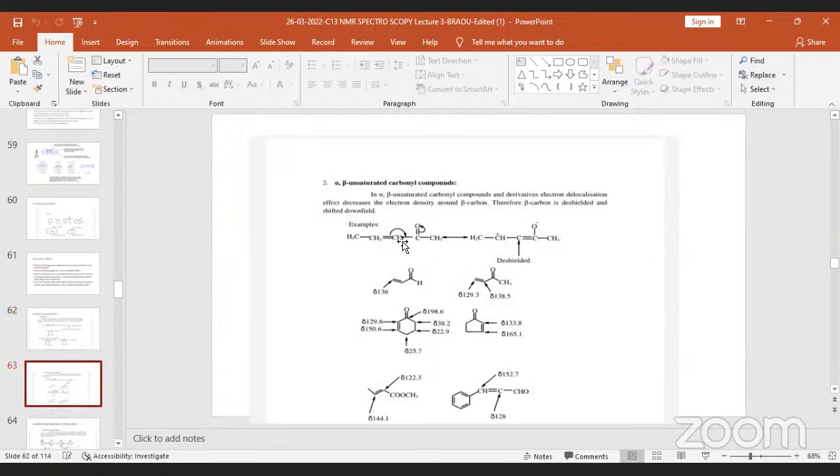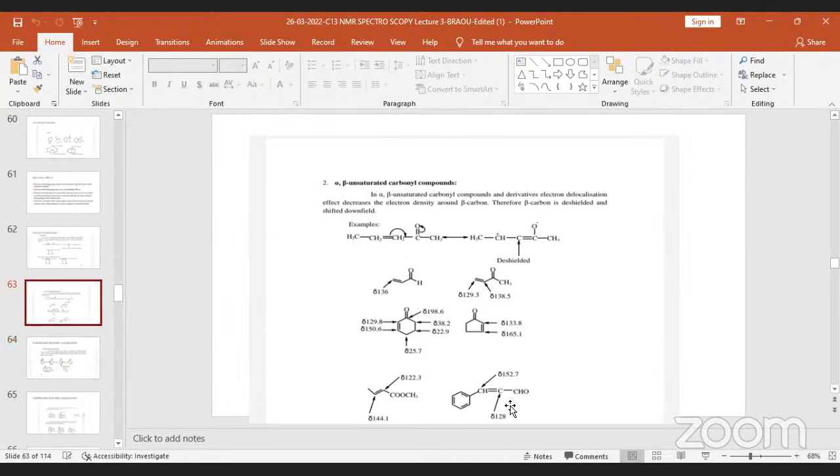See, this is the electron withdrawing effect. Alpha beta unsaturated carbonyl compounds: the electron density is moving away from the beta carbon. Therefore, this will become electron deficient. See the difference: 136 in acrolein, and methyl vinyl ketone also, it's shifted downfield. Similarly, cyclohexenone, see, beta carbon is 150.6, and cyclopentenone, beta carbon is 165.1. That is due to the electron withdrawing effect of the